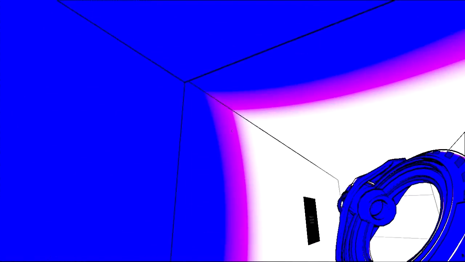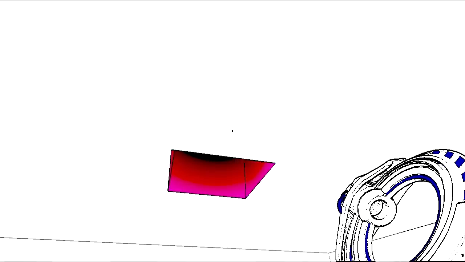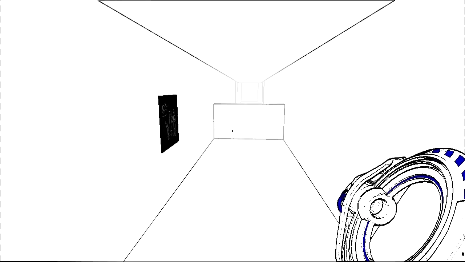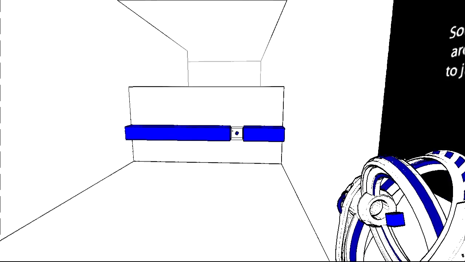So I might just backtrack and... Oh, I don't think I can backtrack. Can I? Nope. There we go, we'll head back this way. Yeah, I think so. I don't know, maybe. The signs are a little too cryptic to be that much help. Yep, that is true, but...